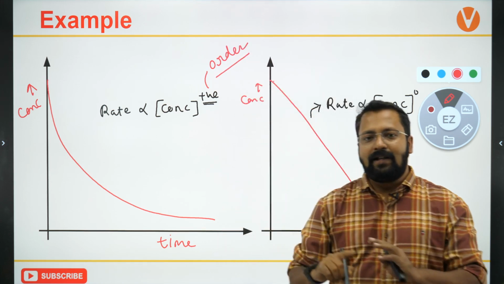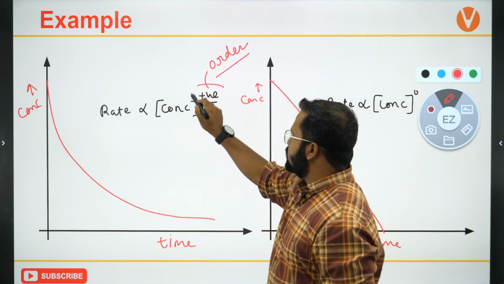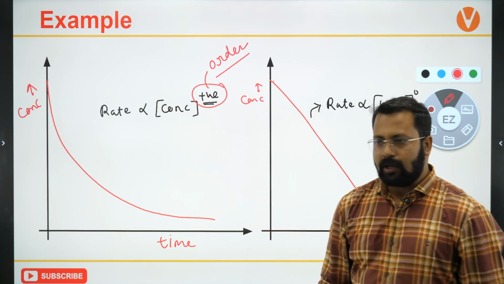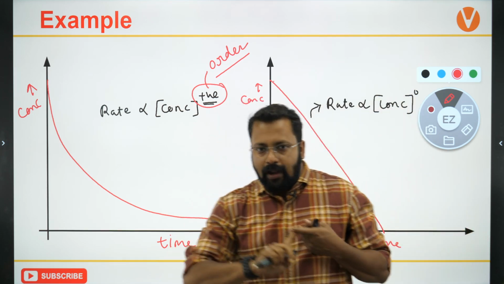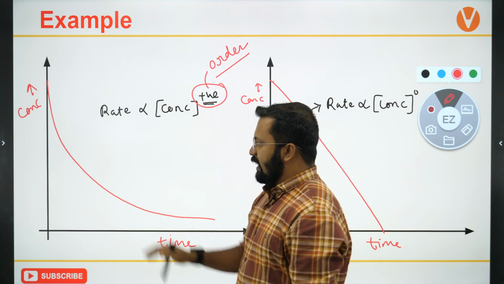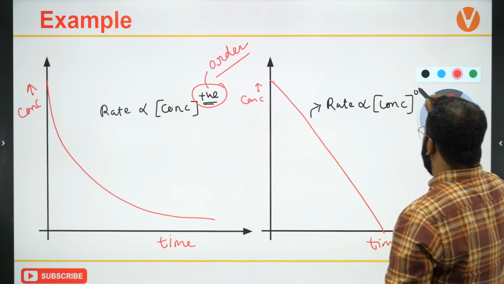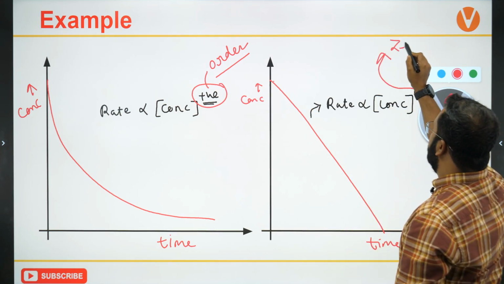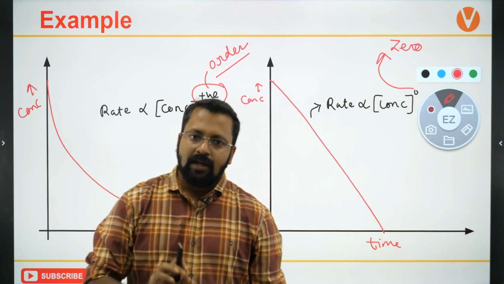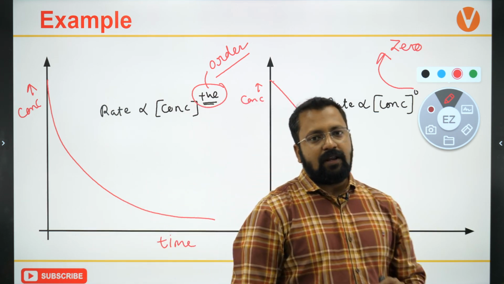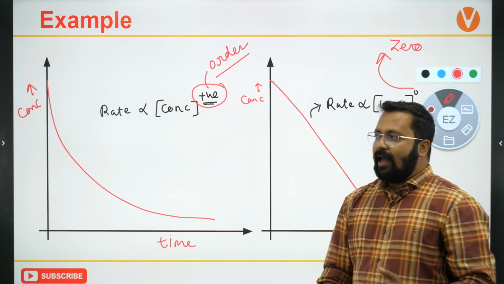Order tells us the dependence of rate on concentration. The dependence of rate on concentration is given by the number that will come over here. This is known as order. If order is positive, like 1, 2, 3, in all those cases this plot will be followed. But in this case, this will be 0 order, and here this plot will be followed. Clear? So in future, wherever there is a 0 order reaction, you will be calculating average rate, and wherever there is a first order,